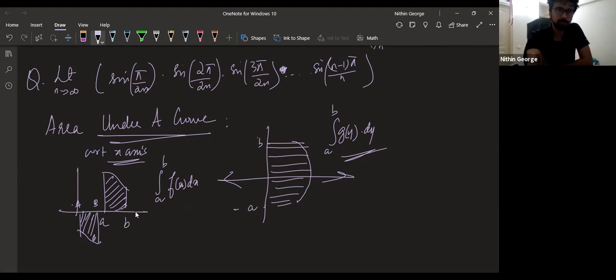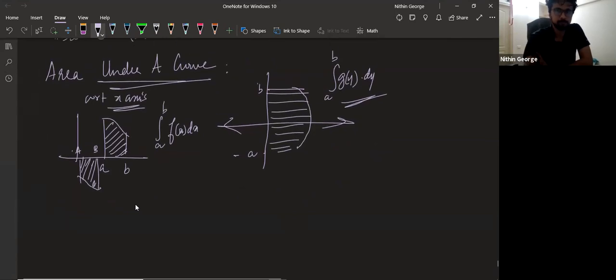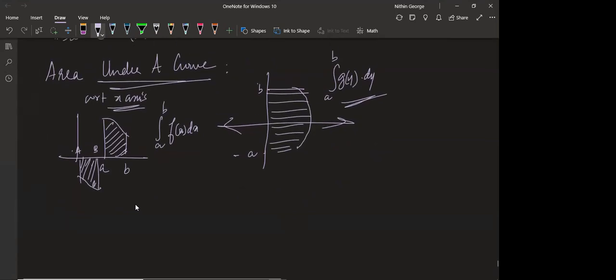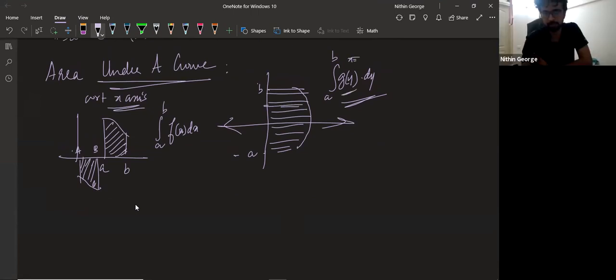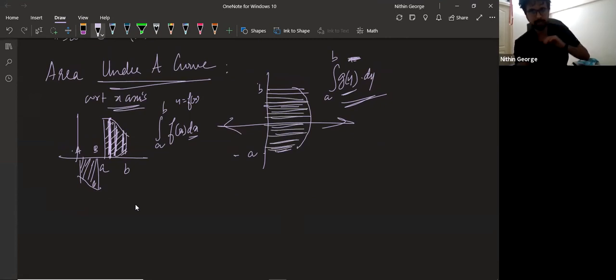Guys, this much is clear? So here you see x is equal to g of y. The function should be represented like that. Y is equal to f of x means it's the y value, so y value means this height. You multiply it with dx, which is the minimal length. So basically you're adding all these lines up to get this area. Similarly, like this, you'll be adding many small lines up to span through the entire area.